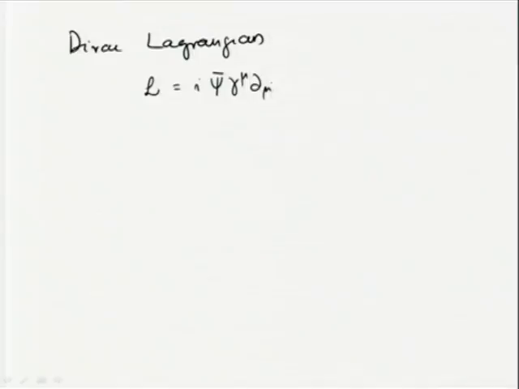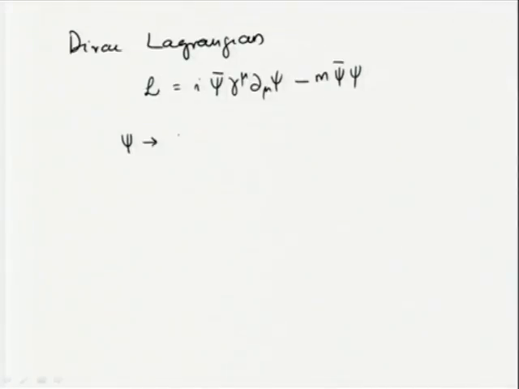Let us consider the Dirac Lagrangian, by which I mean the Lagrangian that will give us the Dirac equation: i psi bar gamma mu dou mu psi minus m psi bar psi. We showed yesterday that this indeed leads to the Dirac equation for the wave function, or for the field psi. Now, consider a transformation